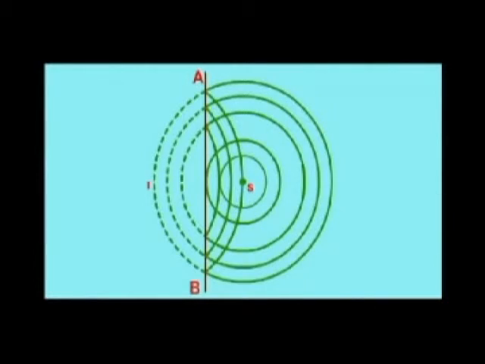The center of the reflected waves will be on the other side of the wall. This point I behaves as an image of the point S. The distance of the center I of the reflected wave from the wall will be equal to the distance OS of center S of the incident wave from the wall. This proves that image distance is equal to the object distance, as is the case in the reflection of light from a plane mirror.